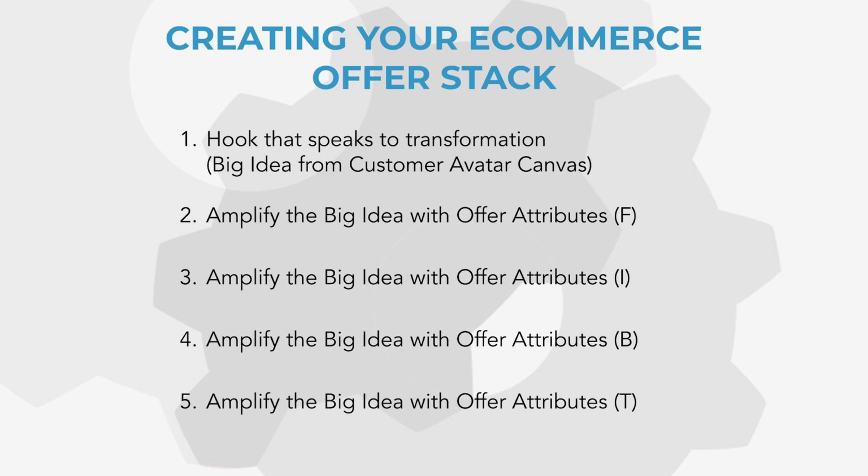From there, you can include a functional attribute. You got their attention, then they might be wondering, how is the product going to make my life better? So talk about the features of the product here and the functional aspects. The third one here, you can include an influence attribute. Include a third-party endorsement. The next one here, we're going to include a brand attribute where you can address your